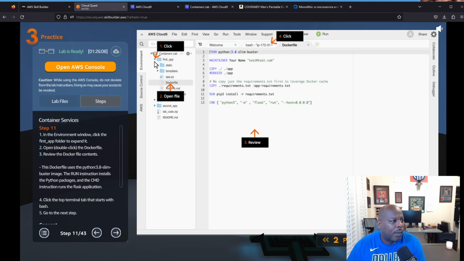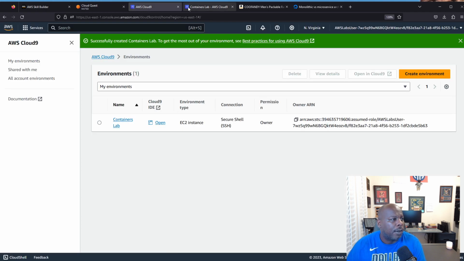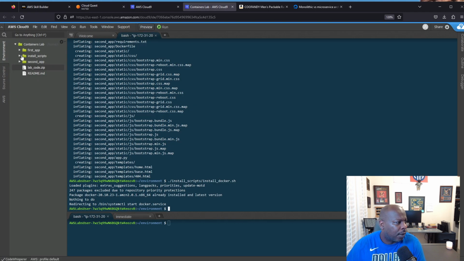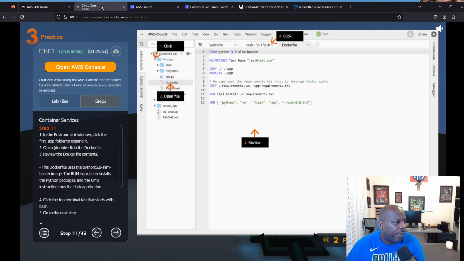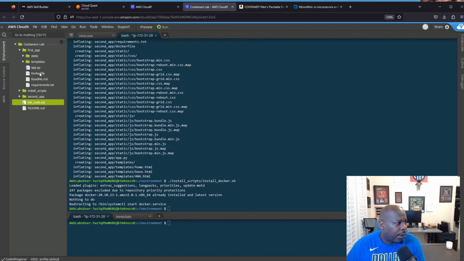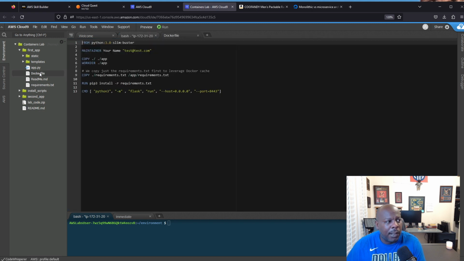All right, so first thing we're going to do is click on first app, and then we're going to click on this Dockerfile to open it, and then we're going to review it, okay? So let's go ahead and do that. So we're going to click on, what was that, first app? Let me double check and make sure. Yep, first app and then Dockerfile. So we click on first app, we can double click on Dockerfile, and then it's going to open up a